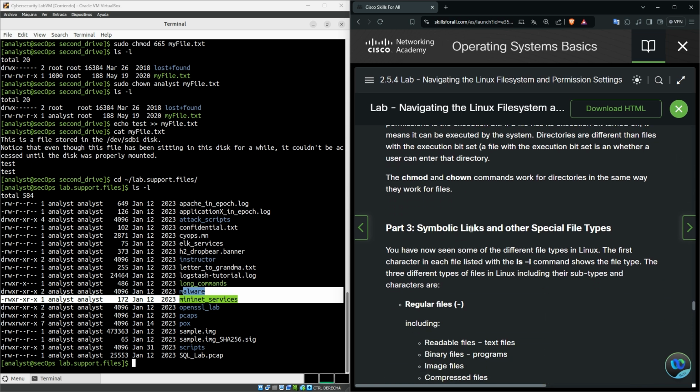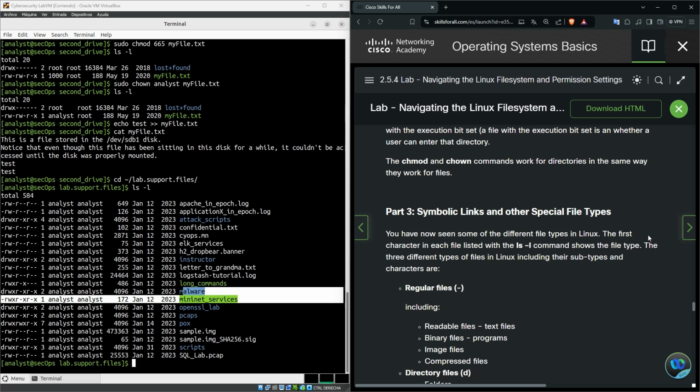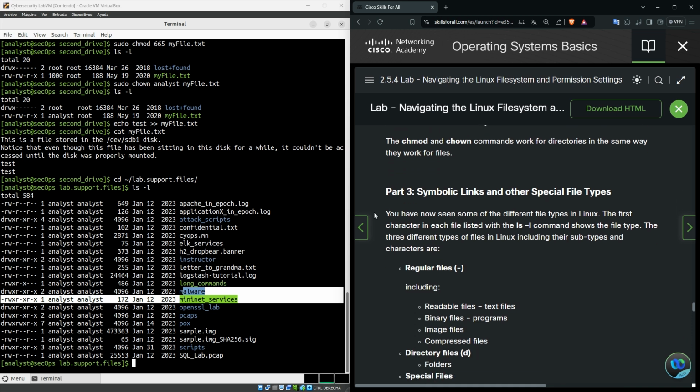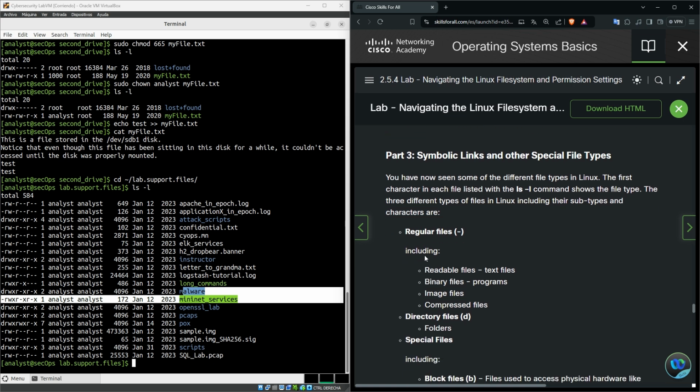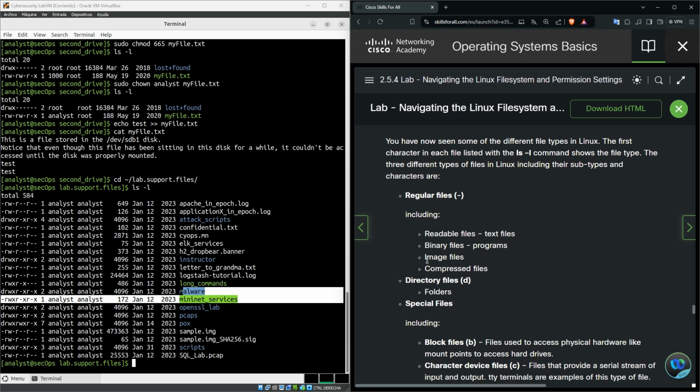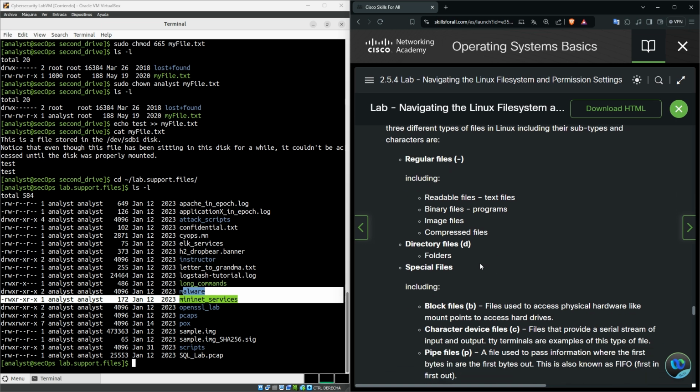In part 3, symbolic links and other special file systems, you have now seen some of the different file types in Linux. The first character in each file listed with the ls -l command shows the file type. The 3 different types of file in Linux, including their subtypes and characters, are regular files, including readable files, text files, binary files, programs, image files, and compressed files. Okay, regular files, directory files, special files,